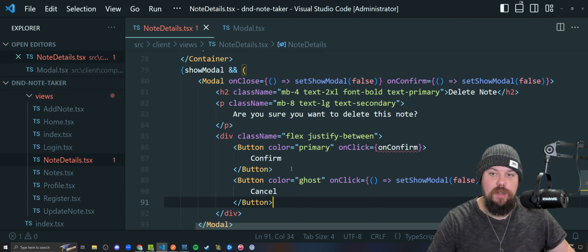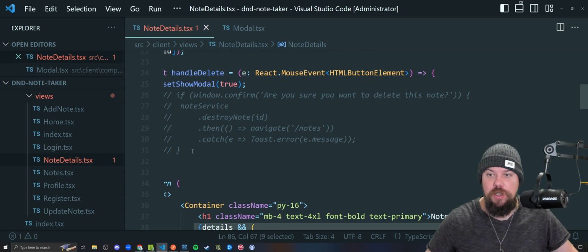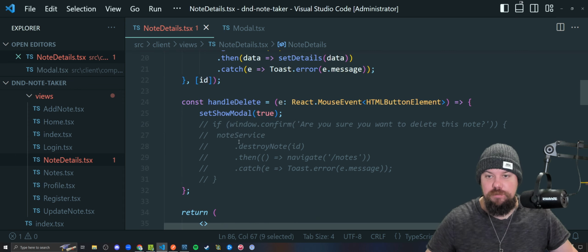Righto. So again, now that I've chosen to do it this way on camera and deviated from my notes, of course things get nasty. I should have just said we're making a specific modal and then generalized it later, but no, I gotta make things complicated for myself, don't I? Because the onConfirm out here needs to be what this former code up here that we've commented out was. So yeah, we can